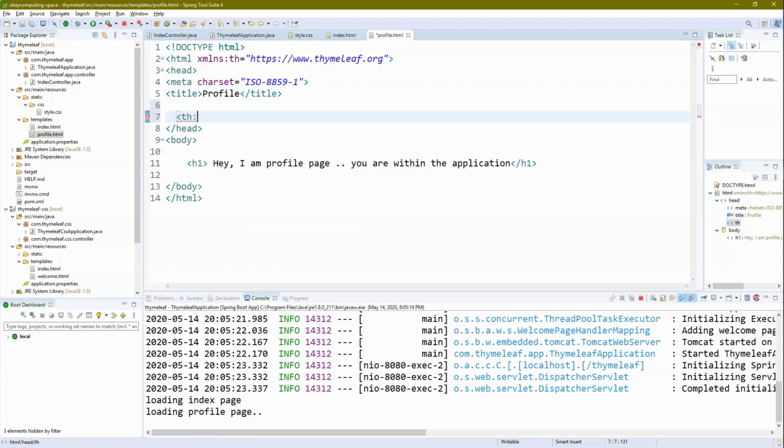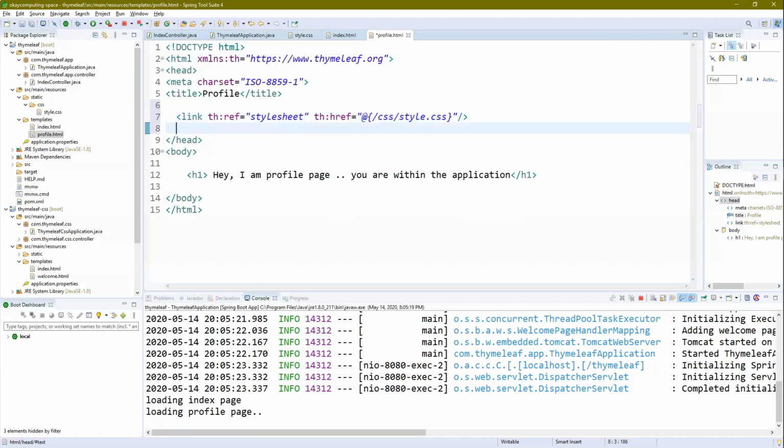As you guys know, th:link, th:rel equals stylesheet, what we have learned, right? th:href equals, I'll define the CSS path, which is inside the CSS folder, /css/style.css, and then just close. We just need the style sheet.